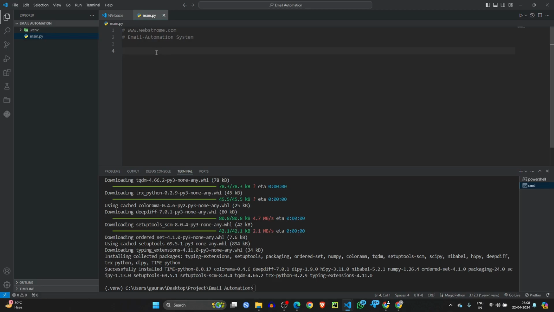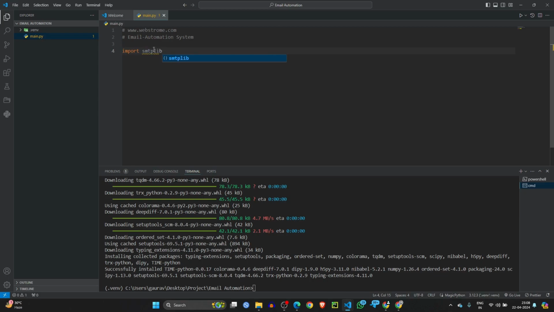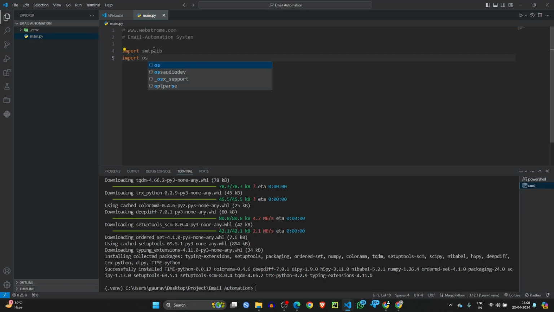Now all the libraries are successfully installed, and now we are importing all the libraries. So first of all we are importing smtplib, which is used to send the mail with the help of SMTP. Okay, and the next library which we are going to import is os. It provides a way to use the operating system. Okay,